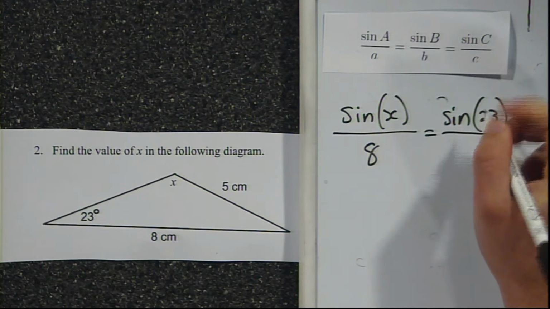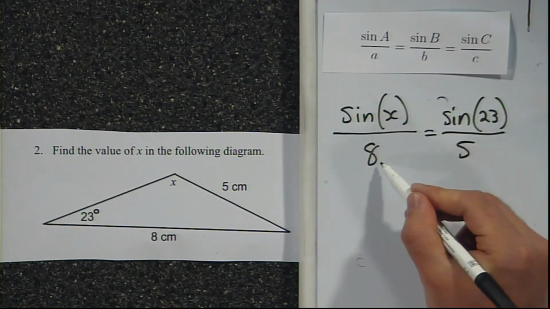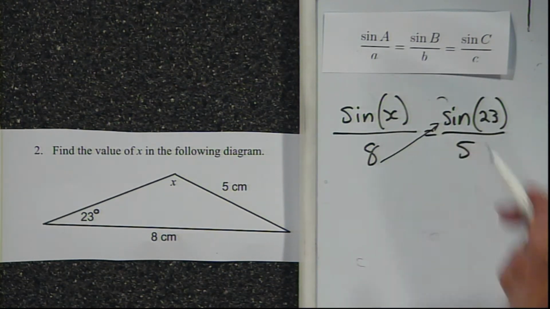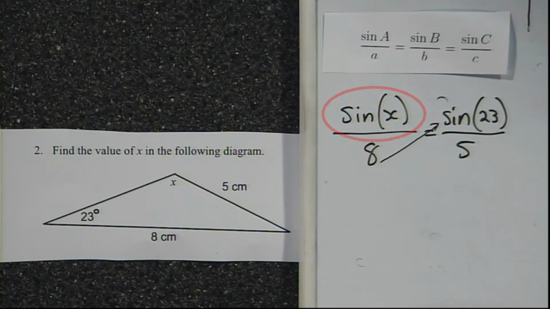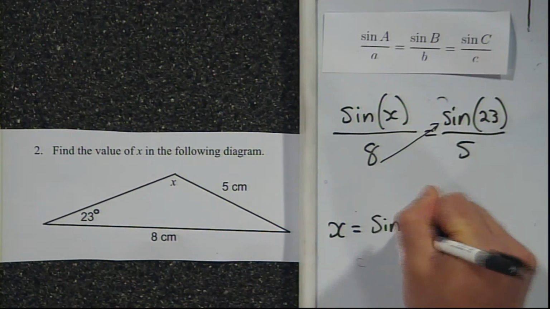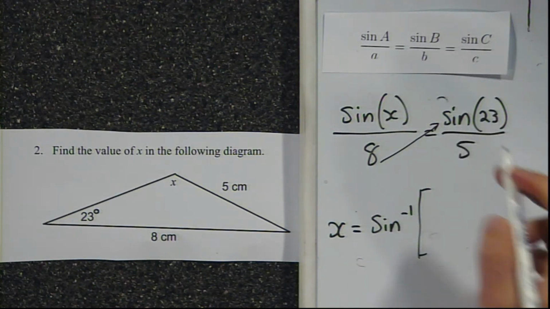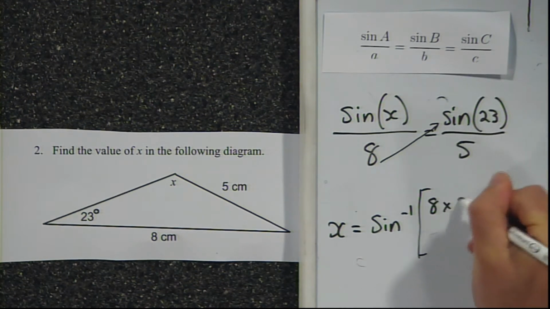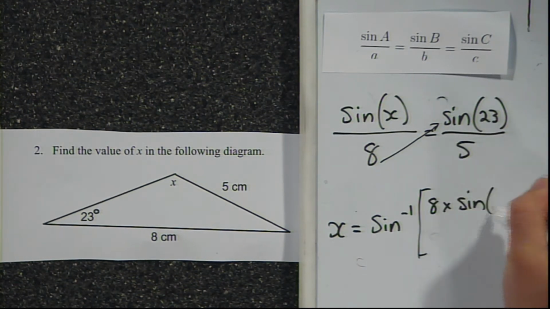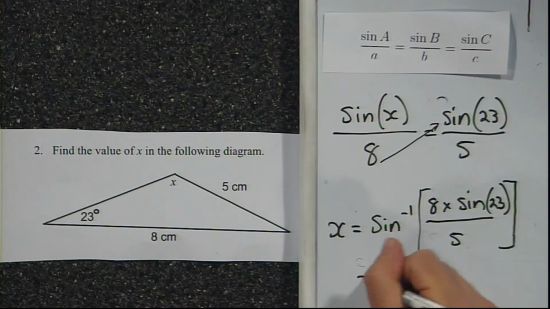over 5. We're trying to solve for x, to get x on its own, so we need to multiply both sides by 8, moving the 8 up there, and then taking the inverse of the sine. So doing two steps at once, we'll do x equals inverse sine, big brackets, of 8 times sine of 23 over 5. So plugging that into the calculator, that gives us